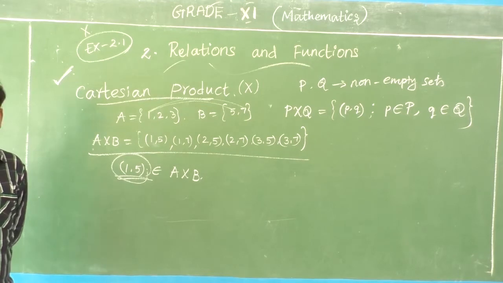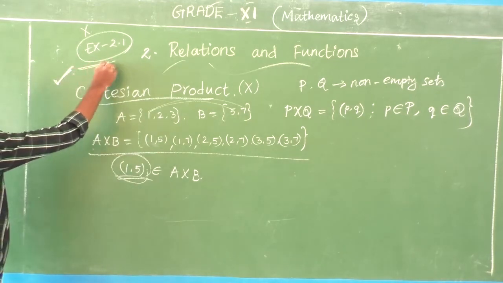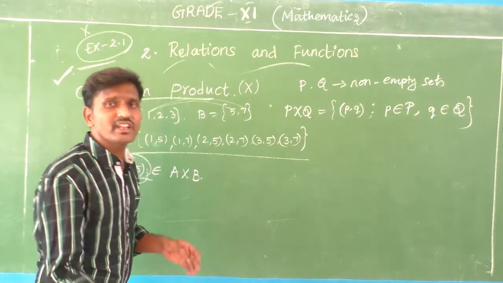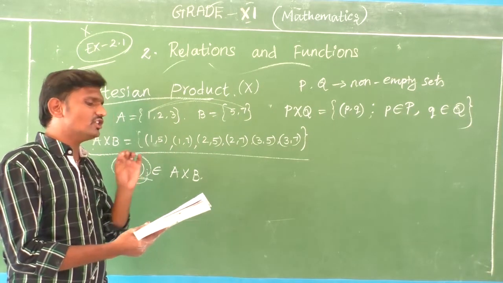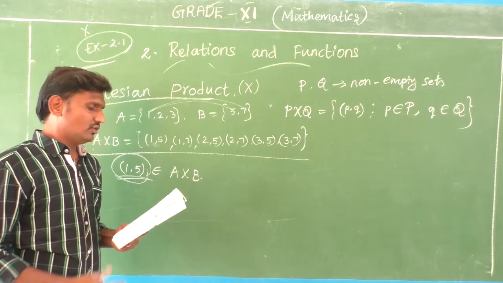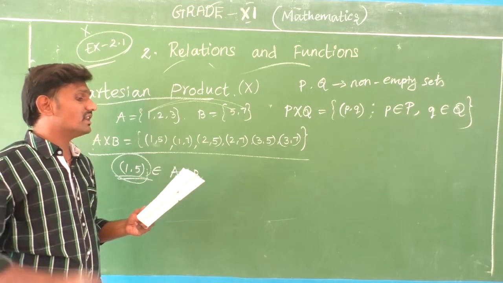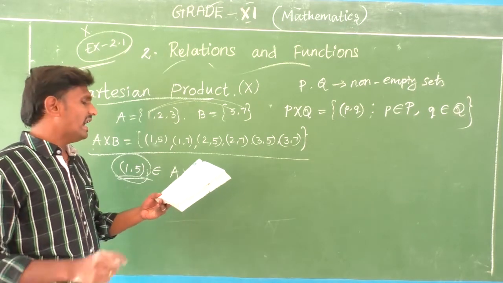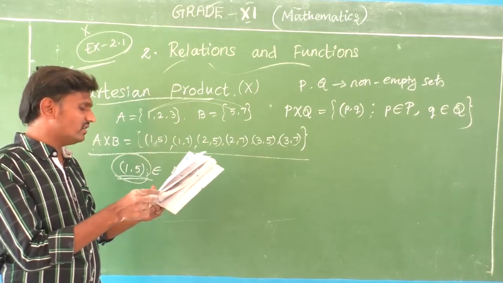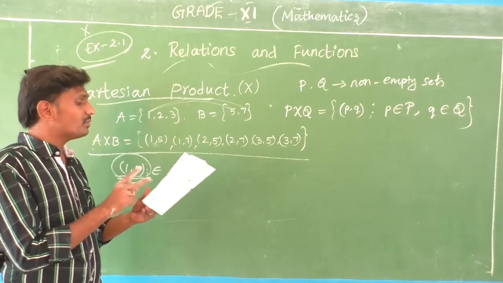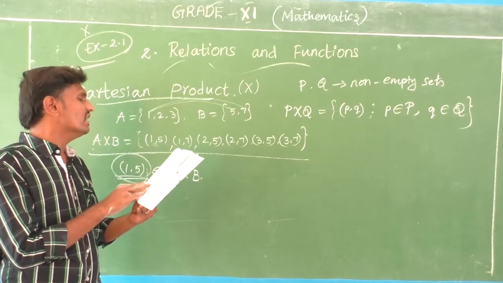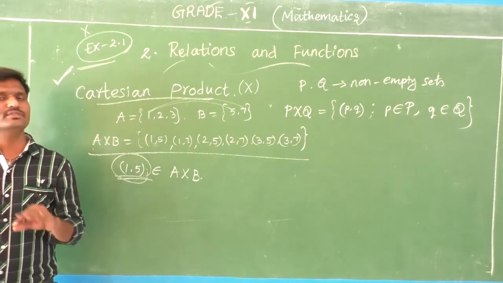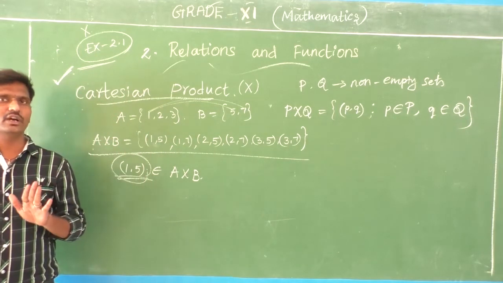But you don't have to write the class work for all the sums in exercise 2.1. So what do we have to write, sir? See, the page number 31. The definition on page number 31 you should write, from "given" to "P cross Q is equal to 5". So only 4 lines you should write. And the remarks on the same page, downside: 1 point on this page and 3 points on the next page, number 32. Totally 4 points you should write. And give your own example, 1 or 2 sums is enough. So that you have to write now in your class.